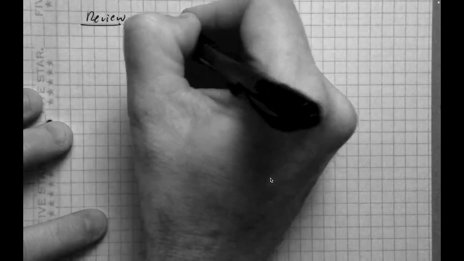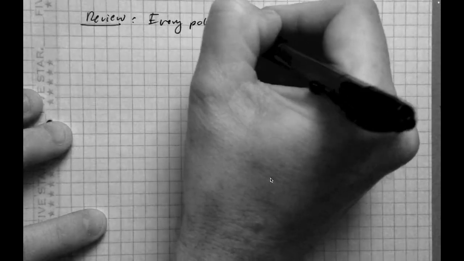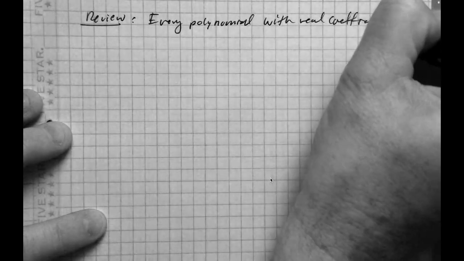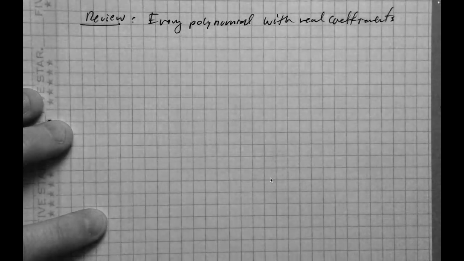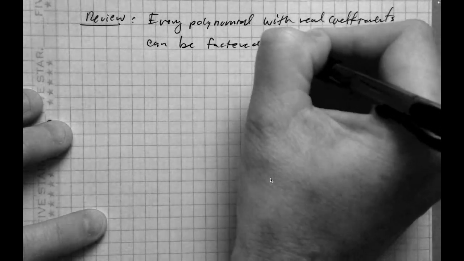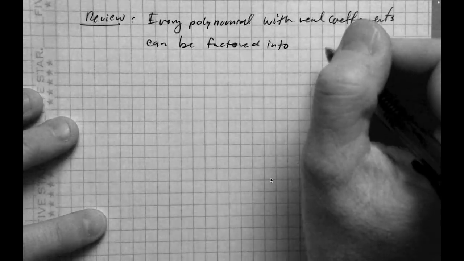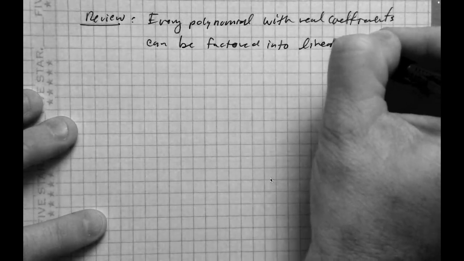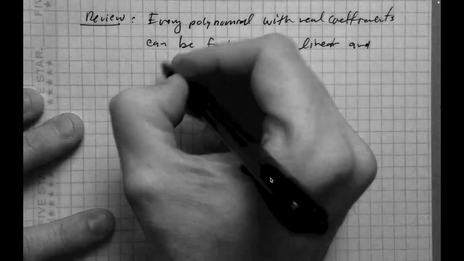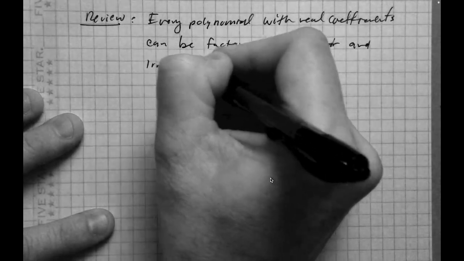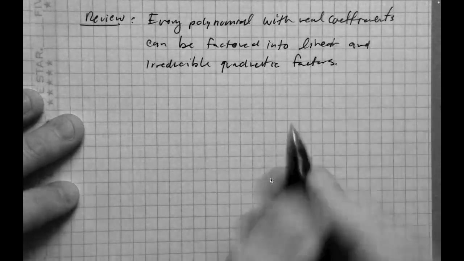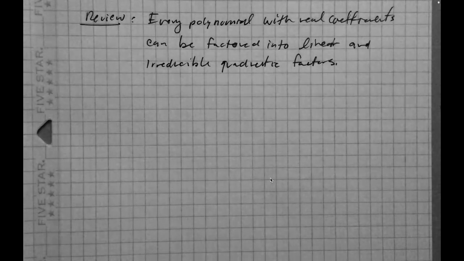So basically every polynomial with real coefficients can be factored into linear factors and irreducible quadratic factors. That's just sort of an algebra fact, right? So, for example,